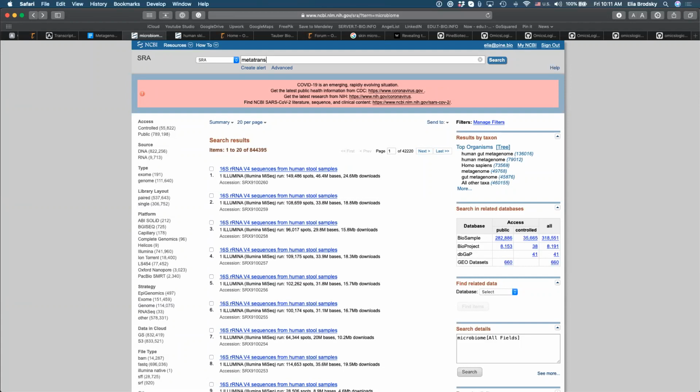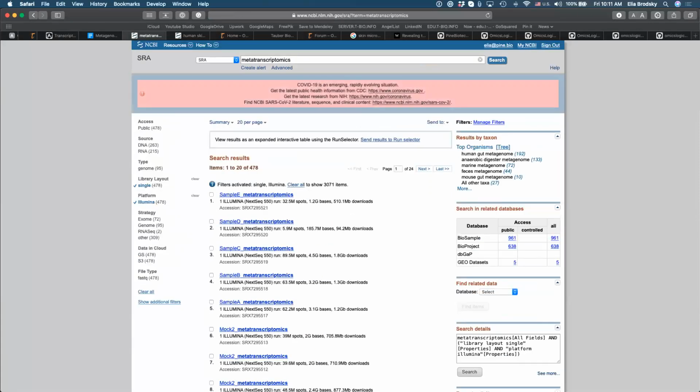Metatranscriptomics is very new, and I think you can just search for it like this. But if you are looking for non-amplicon, right, whole genome sequencing, that will provide you with a little bit more resolution into how you can study microbial communities, but it comes with a lot of challenges. So I don't know if you want to go in that direction.